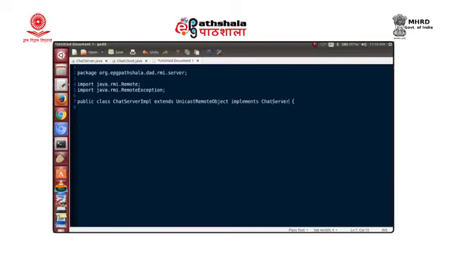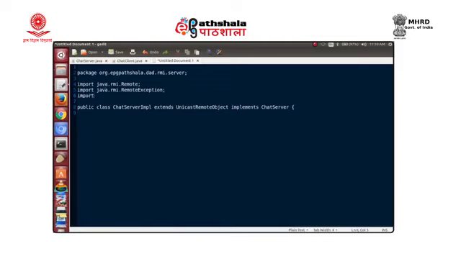Now, what are the other imports we will need? We are also using java.rmi.server.UnicastRemoteObject, which is what we are extending from.